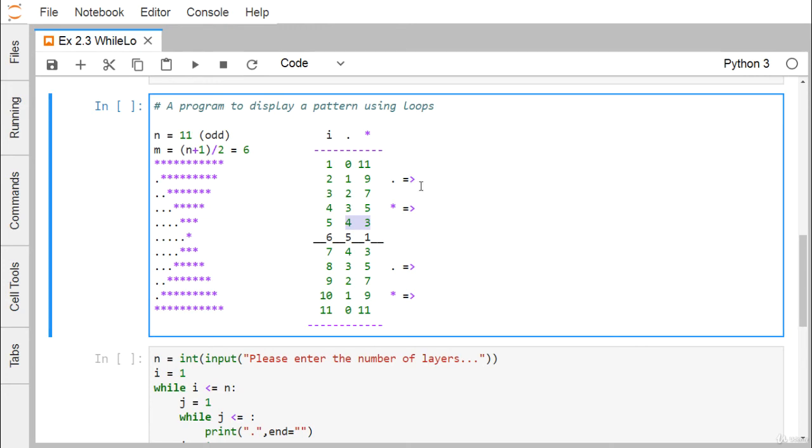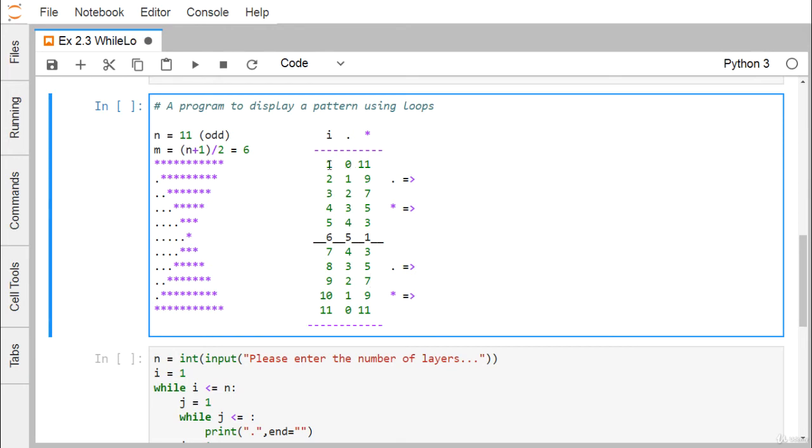So now let us go for the logic derivation. You know that I is increasing throughout. It is ranging from 1 to 11. But here this dot count is at first increasing, then it is decreasing. So I cannot expect that the same formula will work for both halves. So that's why we are going for a separate formula for this dot printing in the first half and in the lower half separately. So how to do that one? Let us go for the